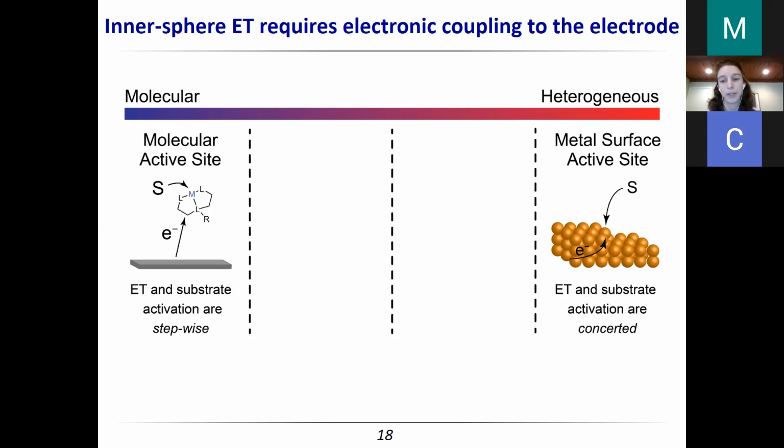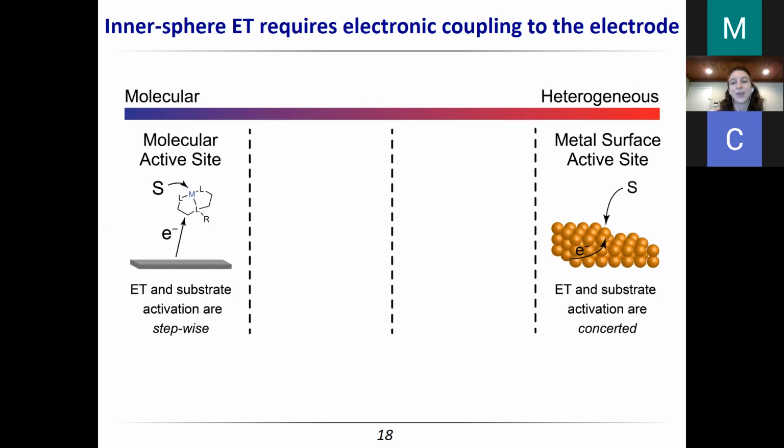So if I have more than one site participating on a surface, then I can't deconvolute that. I'm only getting one value for the entire rate. Usually when I polarize electrodes in electrolytes, so under catalytic conditions, the surface can be rearranging and changing, it's dynamic, it's moving. If I do spectroscopic studies during the reaction and there's more than one site participating, or sites that aren't participating, I don't know if I'm looking at an intermediate or if I'm looking at just some poison species that's sitting there watching the reaction occur.